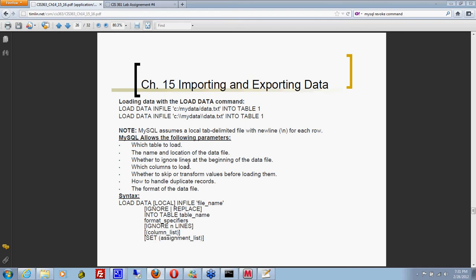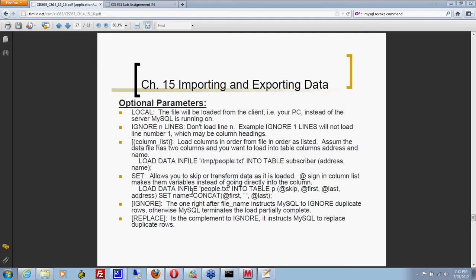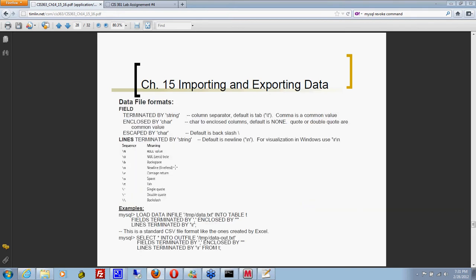If you want to use a different format, like comma separated values, which is another very common one, you can generally create either a tab delimited file or a CSV file from an Excel worksheet, and load it pretty easily. If you're using a different delimiter, let's go down here and look at it. This goes into some additional optional parameters, which honestly I don't very often use. I'm usually using a simple load file command,